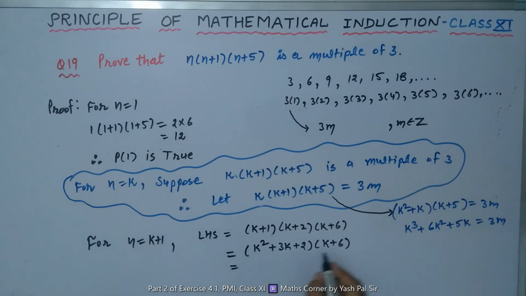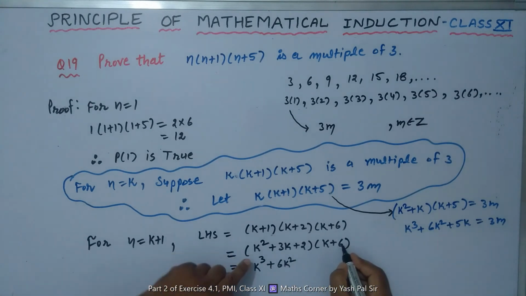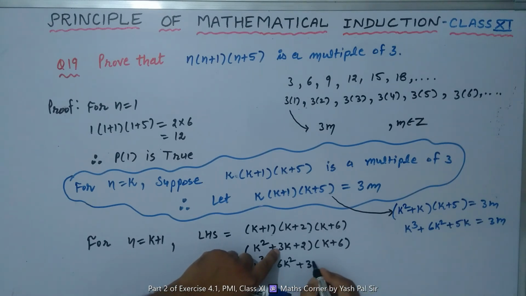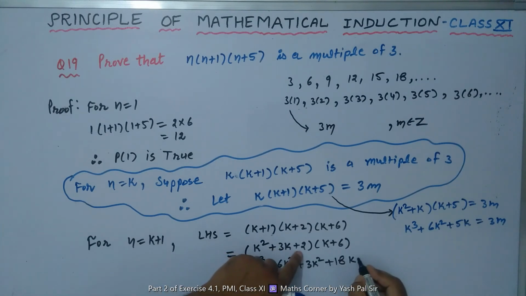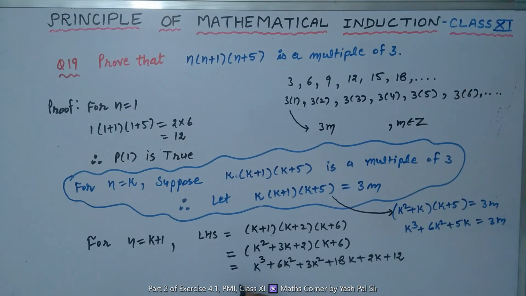So this is equal to k power 3 plus 6k square plus 3k square plus 18k plus 2k plus 12. So this way we have k power 3 plus 6 plus 3 plus 9, or we can make it like this equation. This is 6k square,